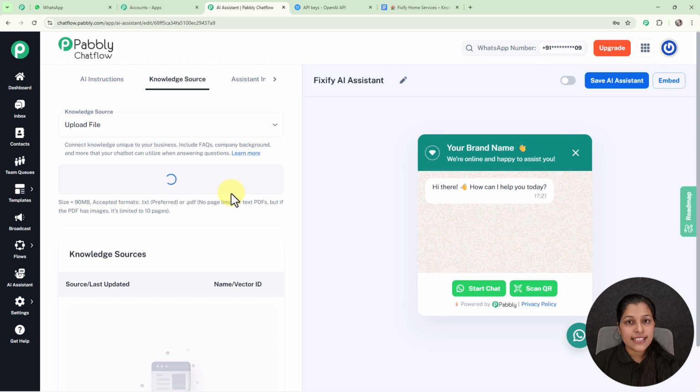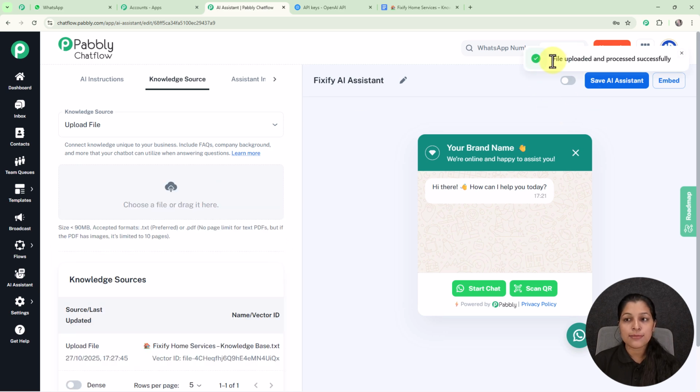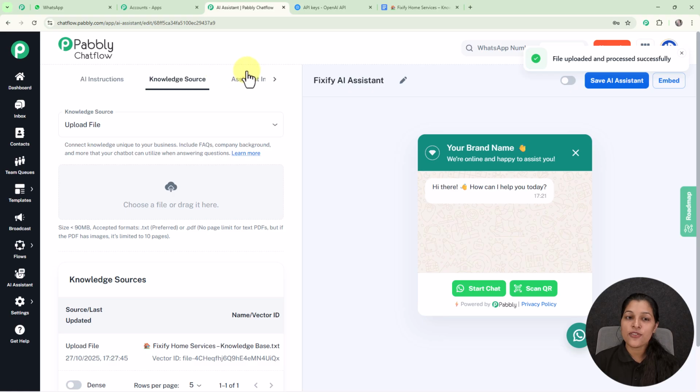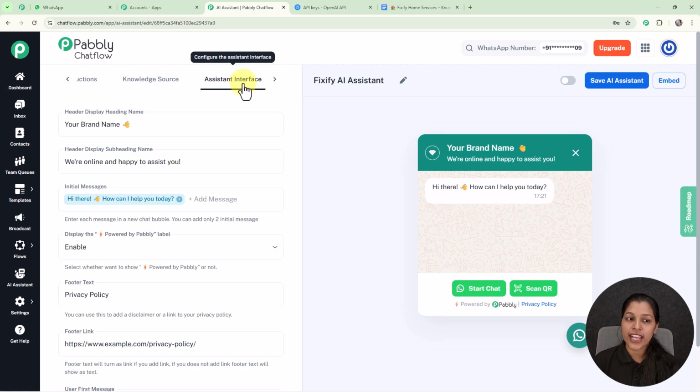And here you can see as I have selected it, I am getting this pop-up which says file uploaded and processed successfully, and as we have uploaded the file we are getting this name and vector ID, which demonstrate that we have successfully provided knowledge base to our AI assistant. Now let's move on to our next tab, that is assistant interface, where we are going to configure our assistant